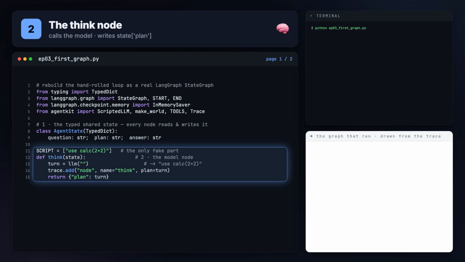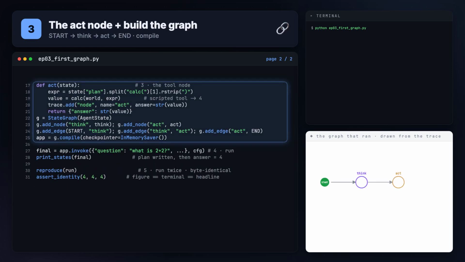The think node pulls the next scripted model turn, which is calc 2 plus 2, and writes it to state.plan. We log the step into our trace. The model's words are the only fake part. The node, the state, the merge are the real API. The act node reads plan, calls the scripted calc tool over the world dict, and writes the result into state